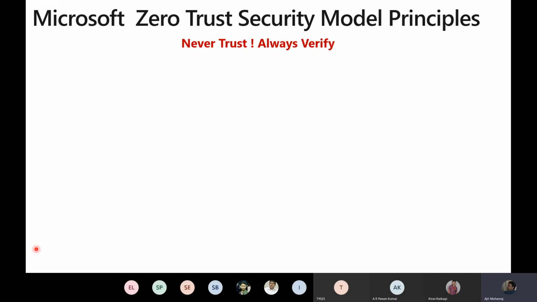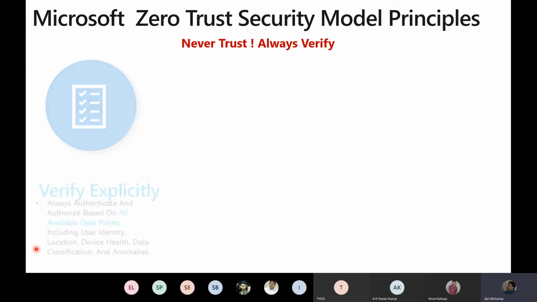So I want to then introduce you to the Microsoft Zero Trust Security Model Principles. And the reason I'm talking about the Microsoft side of the house is because there are SKUs that you can build into your renewal, right? Which can extend your protection beyond just the collaboration on O365 that you have. I will talk about those little SKUs. You can take some of them, which you want to start with immediately, or Microsoft has also given a lot of packages where you can take the whole thing along with your collaboration, along with endpoint management and all of that stuff as one bundle. So when you're listening to this, just remember that it's all about when we come up for renewal, can we expand the SKU to include this?